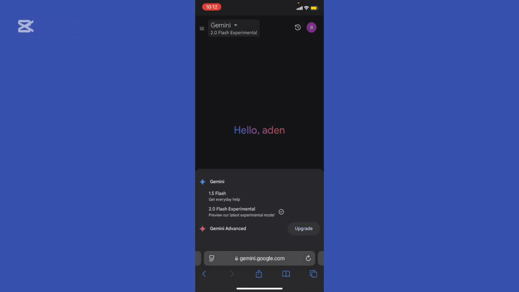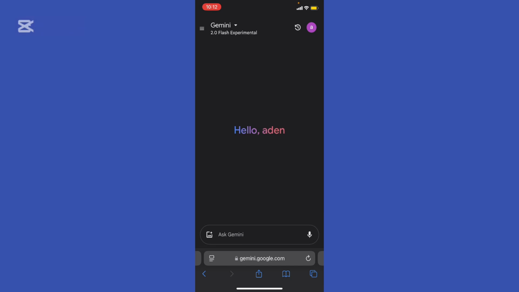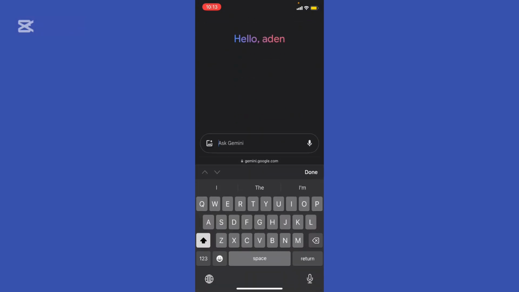First of all, access Gemini 2.0. Make sure that you click that Gemini title at the top and set it to Gemini 2.0, and select your learning objective. For example, define what you want to learn or improve. Let's say you're preparing for a public speaking competition. Enter a detailed prompt like, help me practice